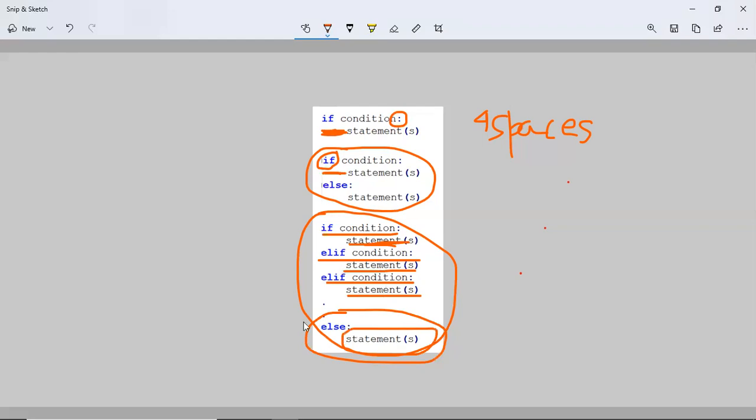And remember, this else part that you see here is optional. We can have an if elif block without an else part. It is optional, but it's always recommended to have an else part, because if none of the above conditions are satisfied, it's better to have a default condition which will meet our criteria.